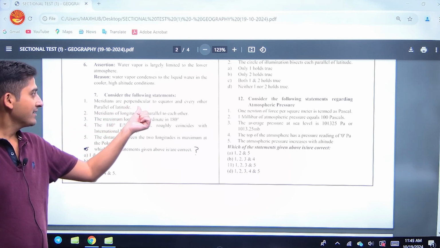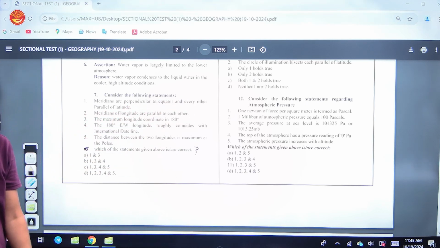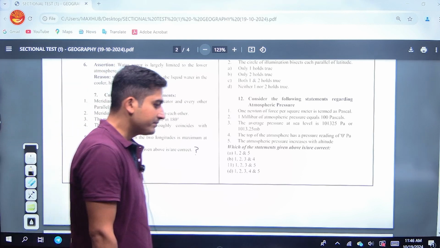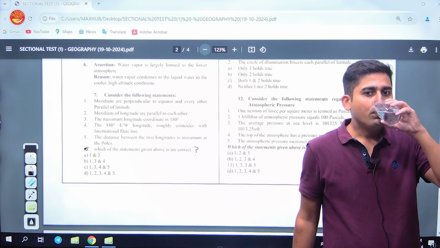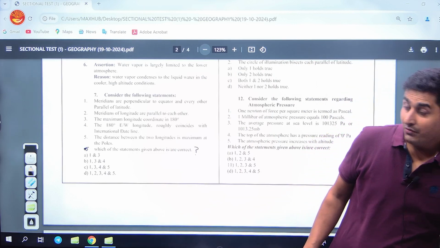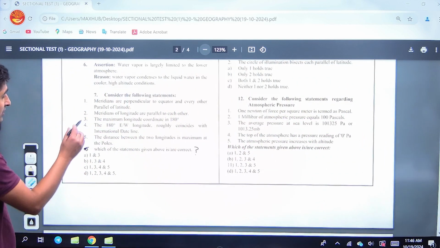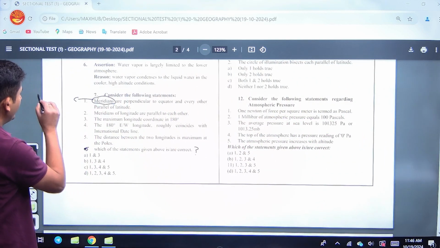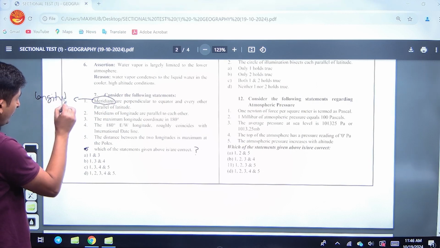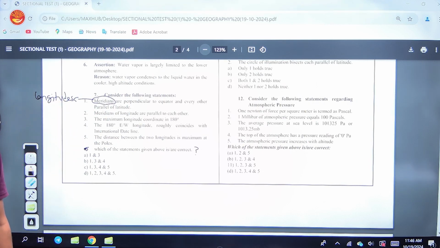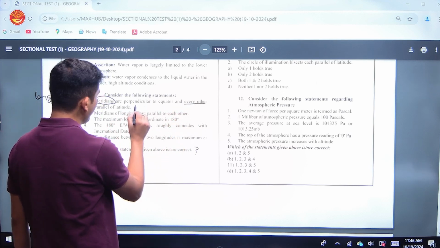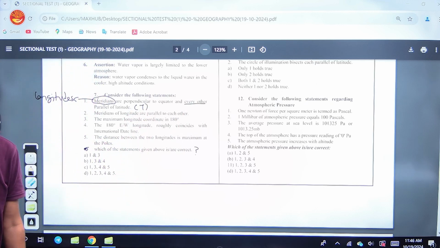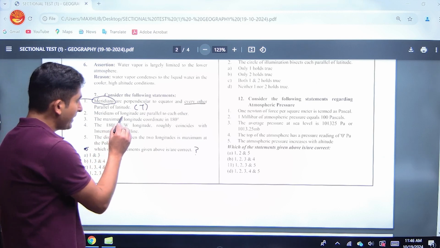Meridians are perpendicular to the equator and every other parallel of latitude. बताओ, what are meridians? What are we talking about? We are talking about longitudes. If you remember in the longitudes, I have mentioned one thing, that each longitude is perpendicular to the equator. Yes, this is absolutely true. It is correct. ये याद रखने वाली स्टेटमेंट है, इसमें आपको याद रखना है।